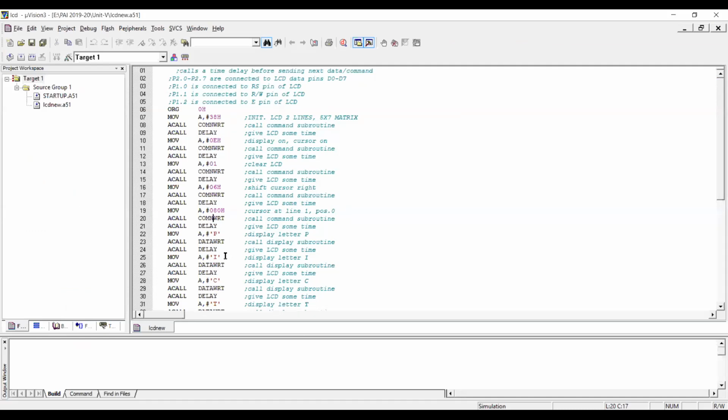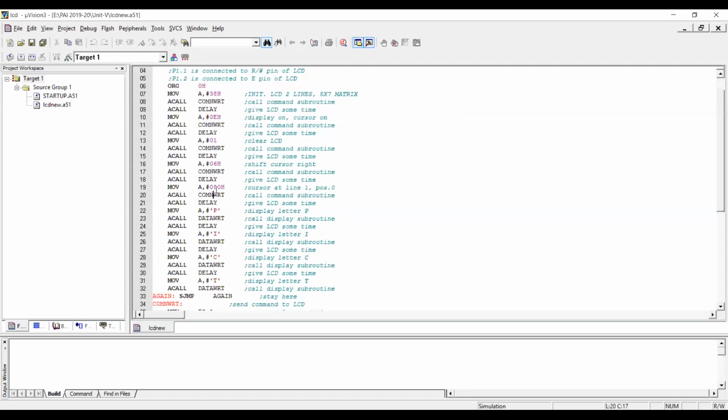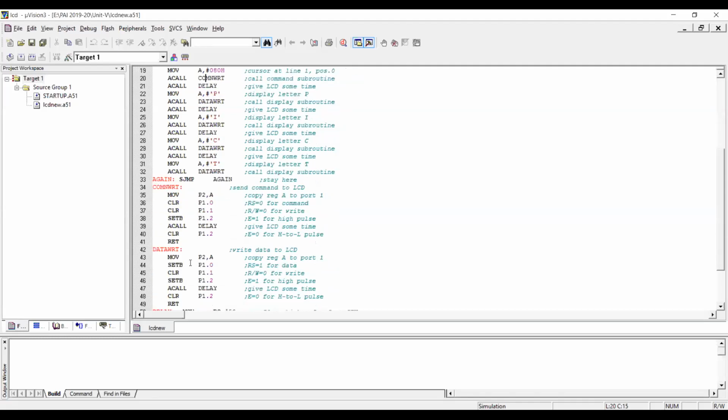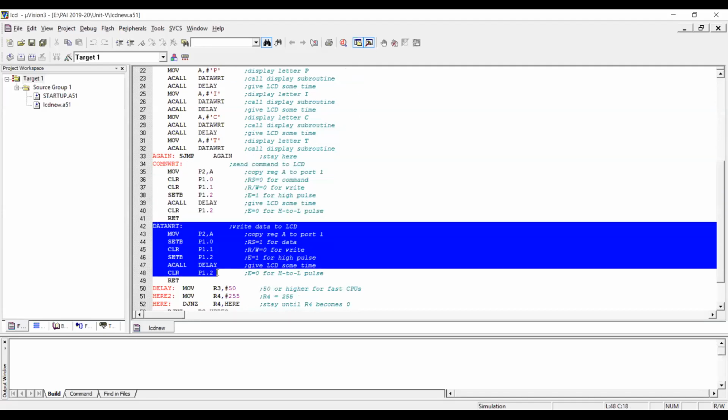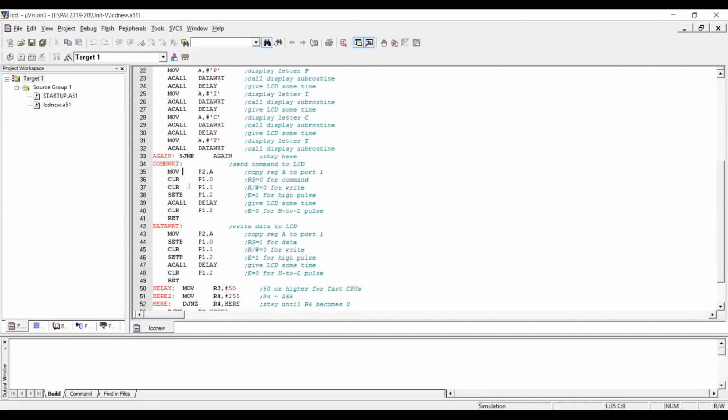Now, the next thing is that after sending the command, what do you mean by this command code routine? There are two routines we are writing in our program. First one is a command code routine and second one is a data code routine. Now command code is nothing but here we set the value of RS as 0. See here, whatever pin is present on our LCD called RS, that we are connecting with port 1 pin number 0. Now how are we sending that value? So we said clear P1.0.